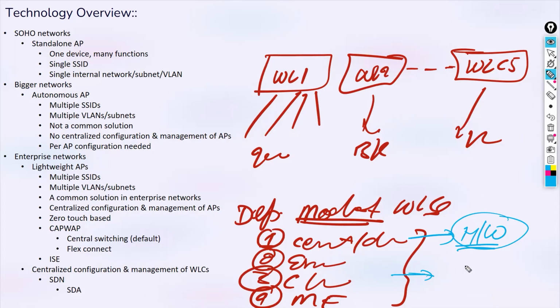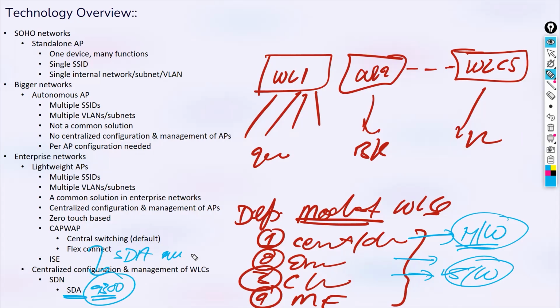When you have a VM and on that you install the license of this WLC, that is your cloud-based. Cloud-based doesn't mean the public cloud or something. You can have your own data center, there you have an ESXi-based virtual machine and you can install the license purchased from Cisco. So this is a software solution. And in SDA especially, we'll talk about, there are certain switches like the 9300 switch, which can be configured as a controller. So this is an SDA-aware switch, which can be configured as a WLC.